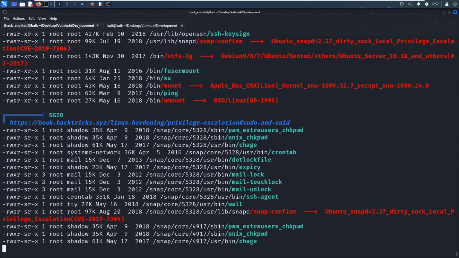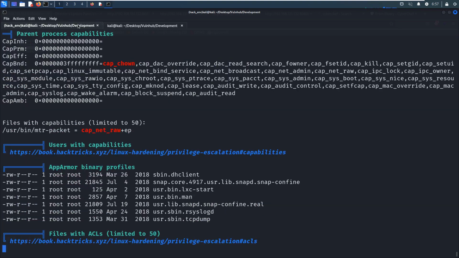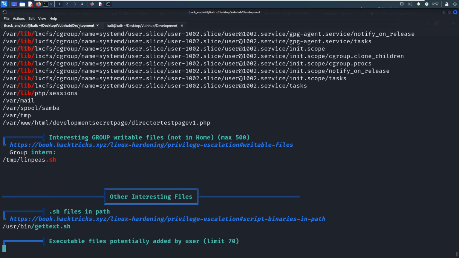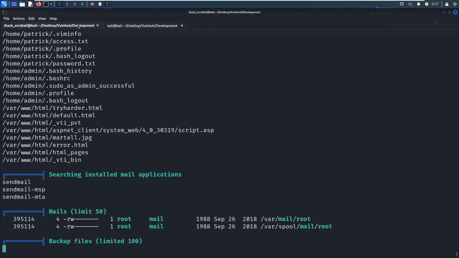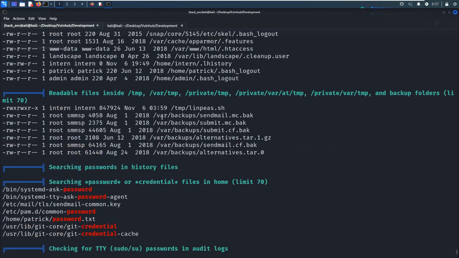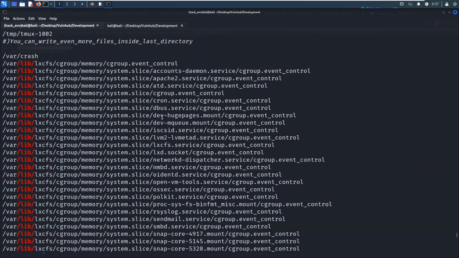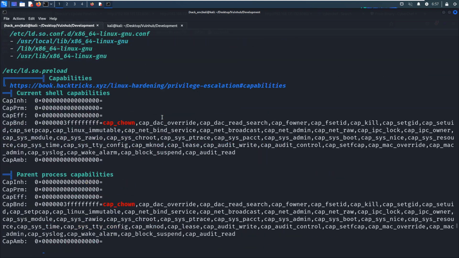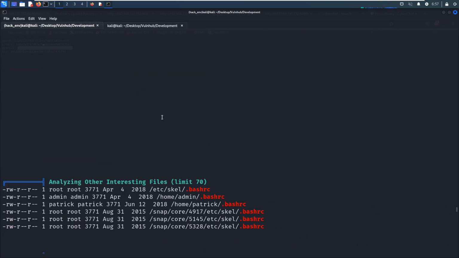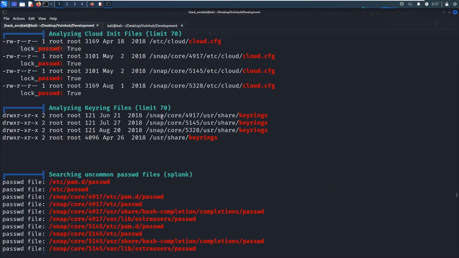A lot of output, like binaries with SUID bit, the binaries with capabilities. It's done, and then we can scroll up. But nothing exciting so far.